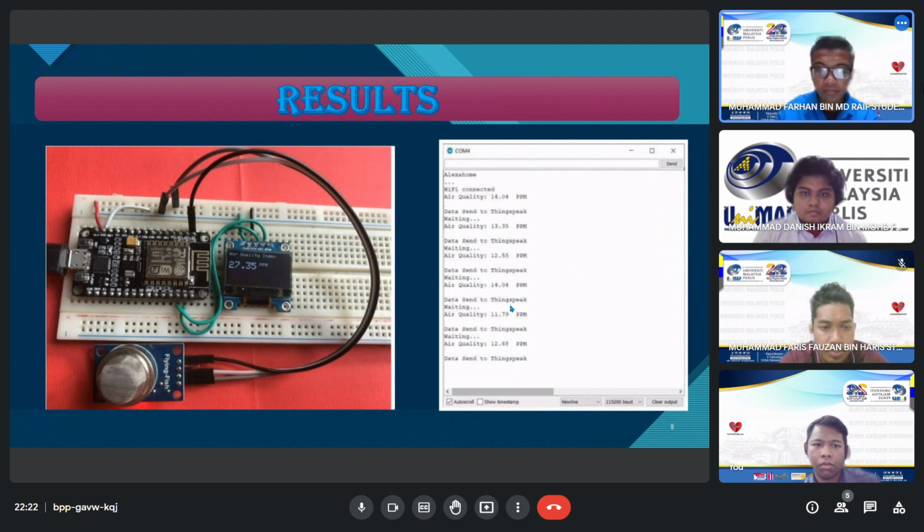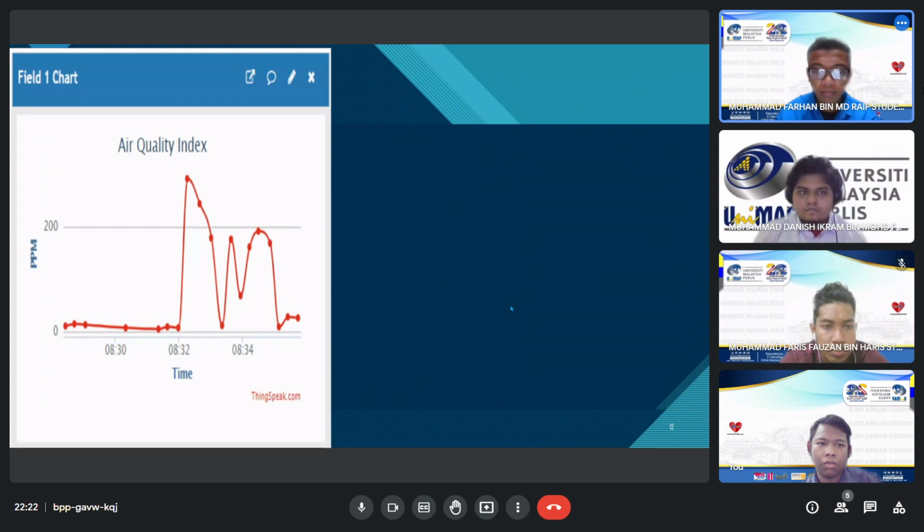Next, once connected to the Wi-Fi network, the sensor will read the value and the value will be displayed on the OLED screen. Next slide. Similarly, you can see the online air quality data on the ThingSpeak server. Just go to the ThingSpeak private view and check the data being uploaded at an interval of 50 seconds.